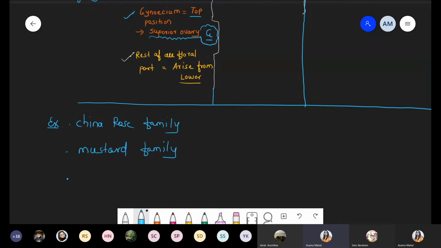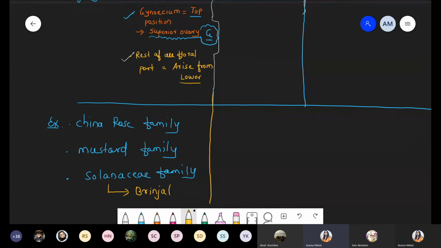And now we are talking about the Solanaceae family, where we take a simple example, that is brinjal, eggplant. Solanaceae is actually the potato family, but here we take a more specific example, eggplant, or simply brinjal. So this is the first part, the hypogamous condition with examples. Remember the diagram, the examples, and which type of ovary it has.